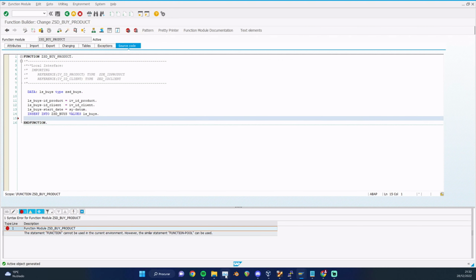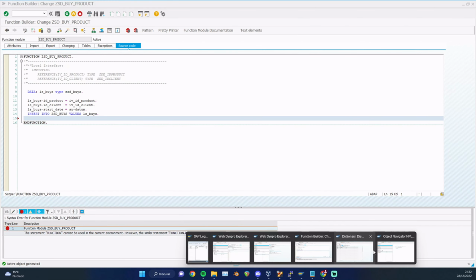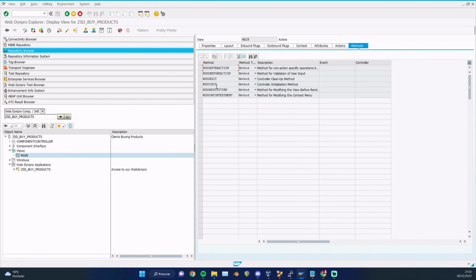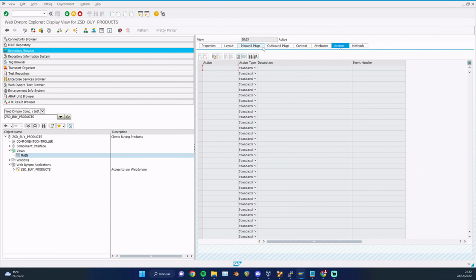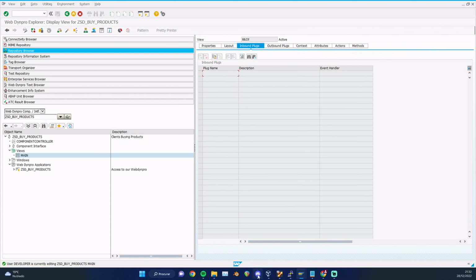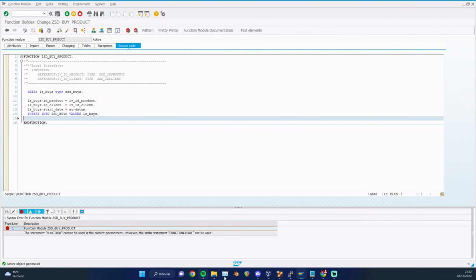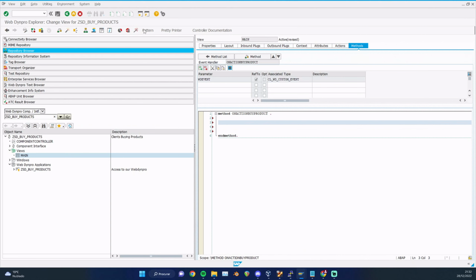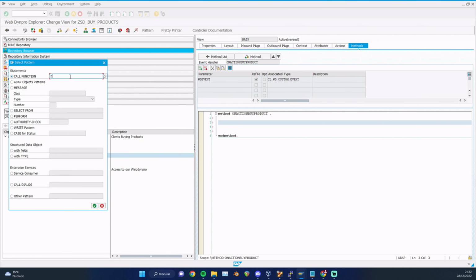Okay, and now we must go to the Webdynpro, okay, and we will go right here, and we will go to our method that we created, not created because it changed it. I don't know if okay, being developed. So I'm going to close this window, and I'm going to go to on action, okay, and I'm going to call our model function. So I'm going to click here on pattern, okay. Here I'm going to put ZSD by product, okay, product,